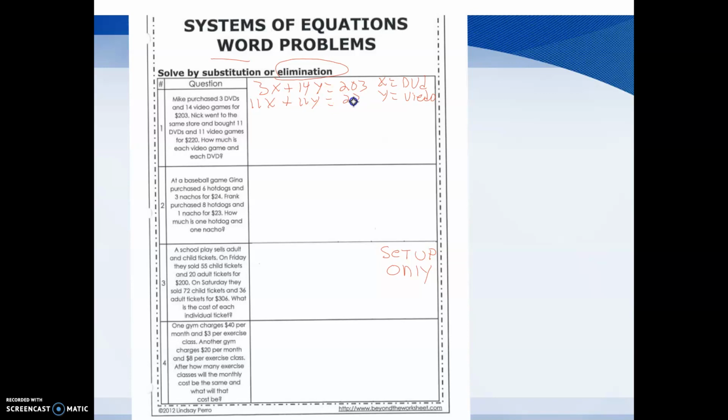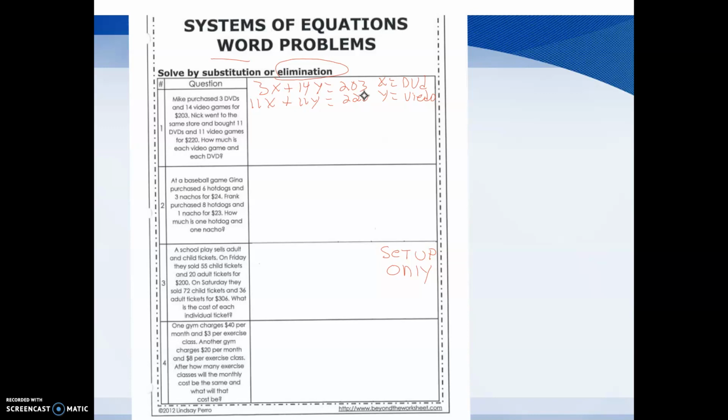All right. So now, again, substitution or elimination. And if you look at this one, the letters are already lined up along with the constant. So you got the X's, Y's, and then you got the money lined up on the other side. So really I am set up for elimination. However, if you notice on the problem, we're going to have to do something to the equation. What we're actually going to have to do, and I would suggest getting out your calculator for this, guys, is